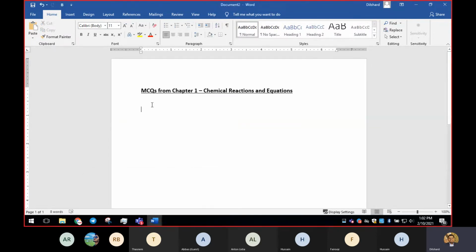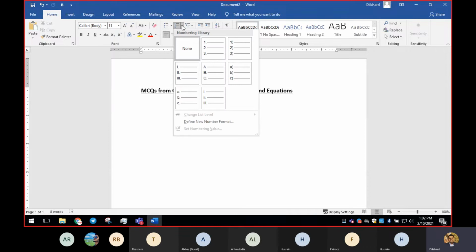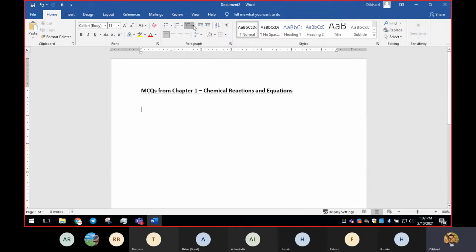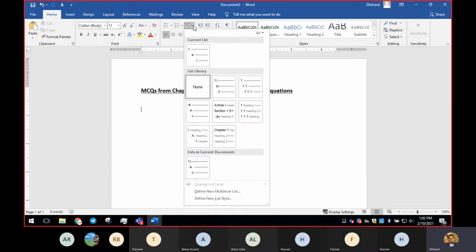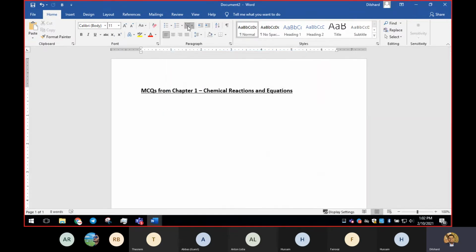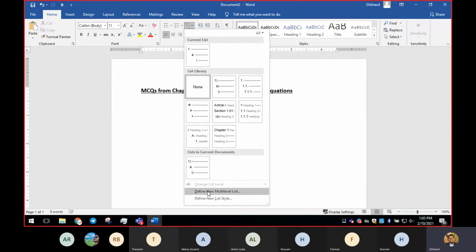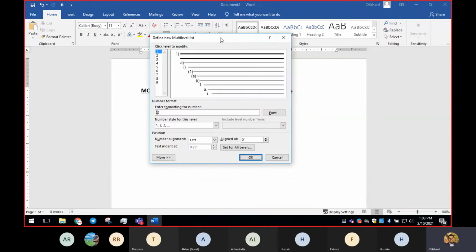Okay, so now I'll keep my cursor here. The first part, as you all know, is bullets only, and numbering only, and here we have both. You can define something here, but since we're using two different types, numbers and ABCD, we'll go to multilevel, new multilevel list. I'm going to select the last one, as we already did, then define new multilevel list, and we're going to edit only 2 levels, level 1 and level 2.